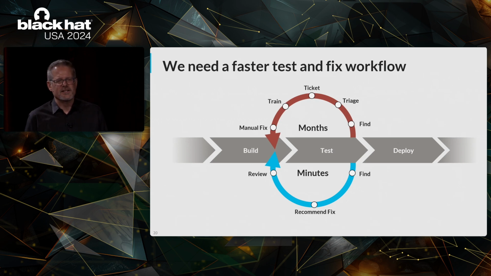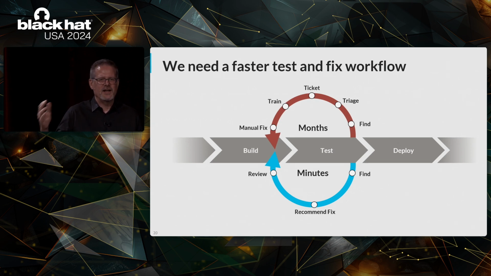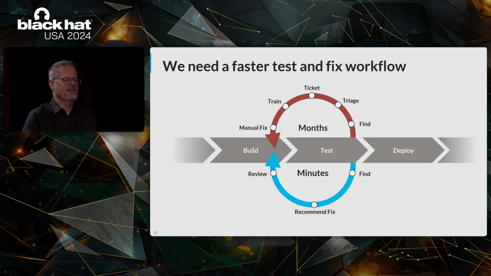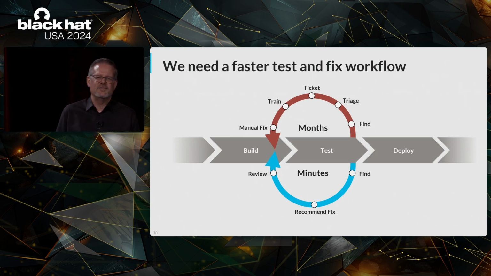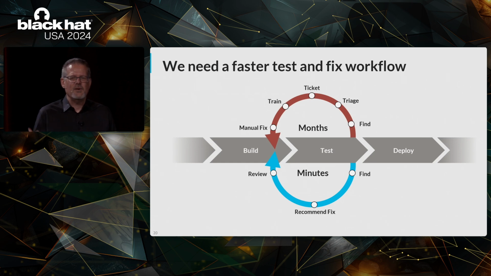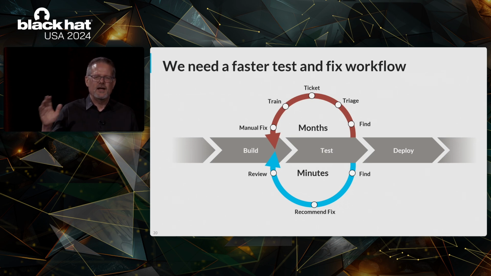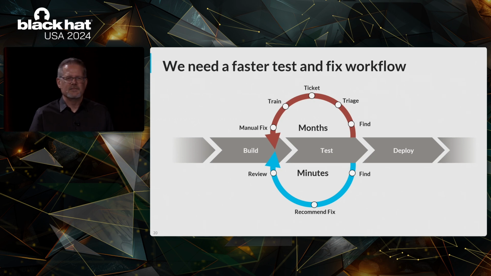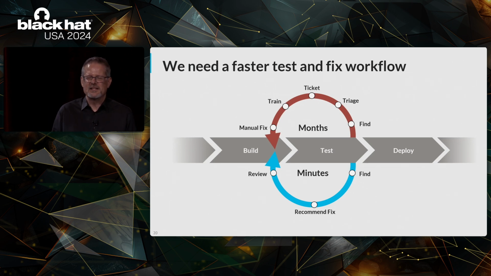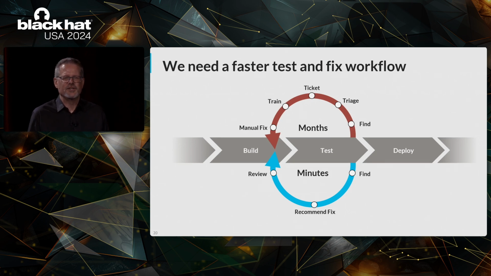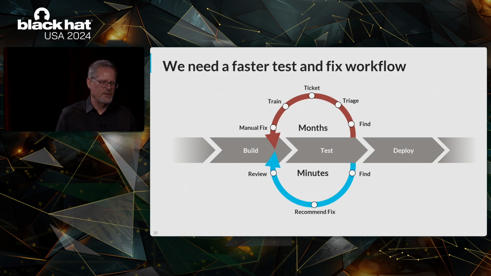because what we have now is the top part of this in the red. We have finding issues, manually triaging, generating tickets, perhaps training developers, and then manually fixing. That's how a lot of teams are fixing code right now. If you're not fixing code right in the IDE or right on every pull request, you're putting it in the backlog, and it's going to become security debt. And so that red semicircle basically doesn't work now, and it's just going to get worse in the future with increased code velocity and increased vulnerability velocity.